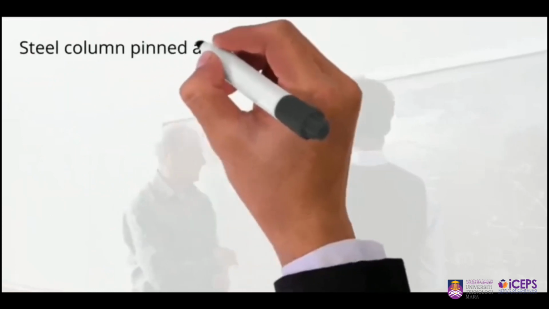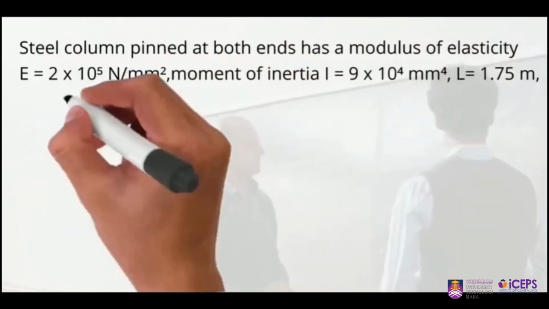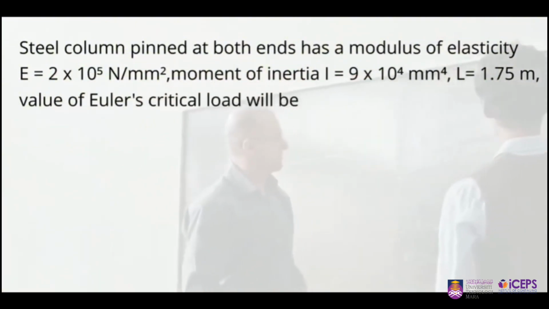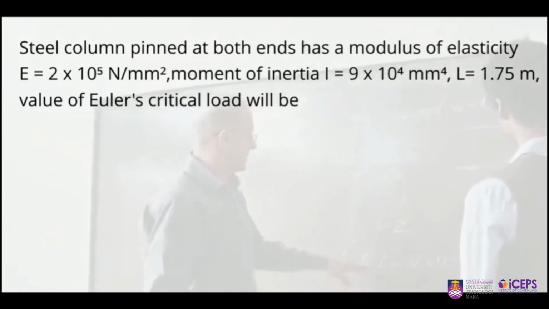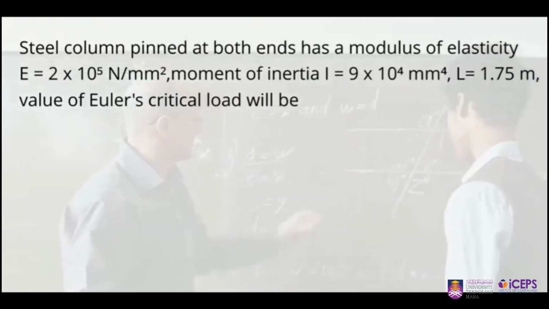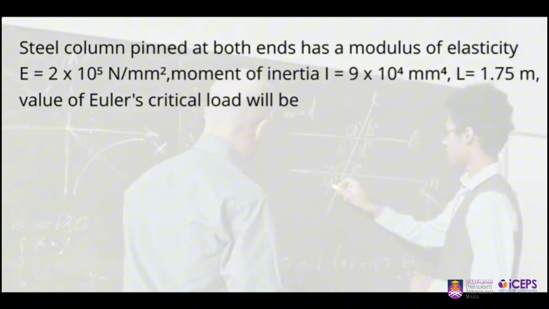A steel column pinned at both ends has a modulus of elasticity of 2 times 10 power 5 Newton per square millimeter, moment of inertia 9 times 10 power 4 millimeter power 4, and length 1.75 meter. The value of Euler's critical load will be